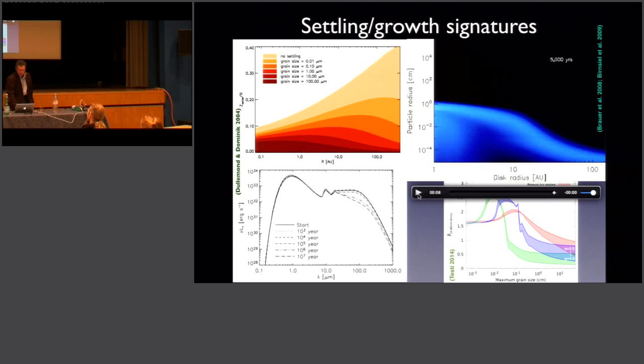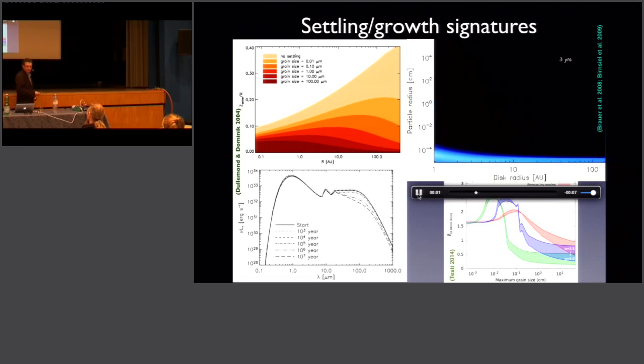I will rerun the movie, but first I want to explain what is plotted. So as a function of radius in the disk, you have the size distribution of particles in colors, and you see that, the brighter the color, the more particles of that size are present, okay? And as you see, the simulation starts with all small particles at all radii. Then you let the disk evolve, well, the dust evolve. The disk is kept fixed,